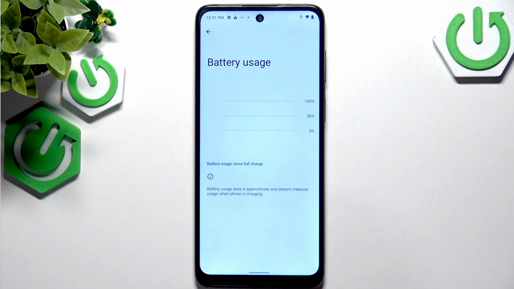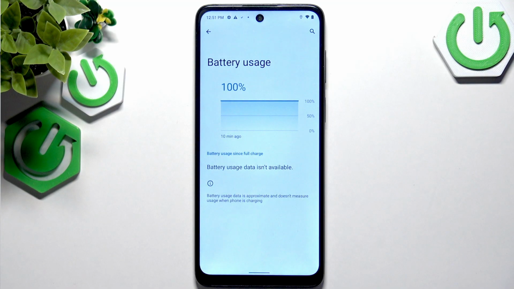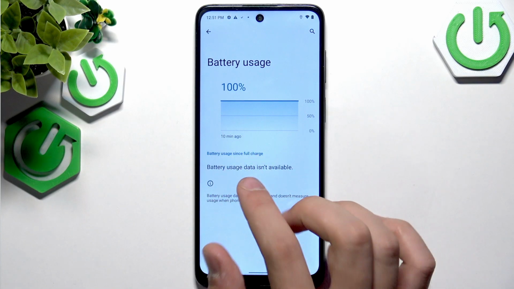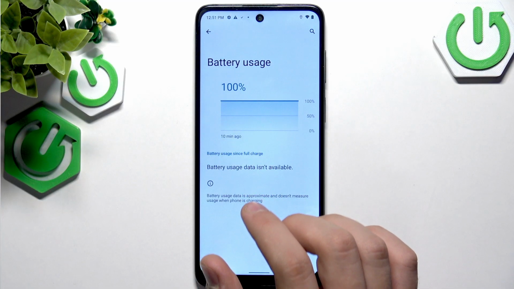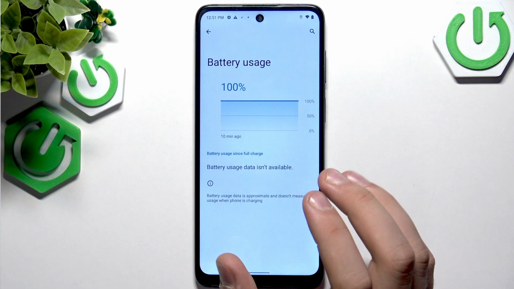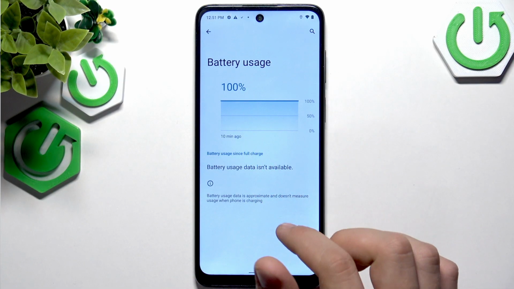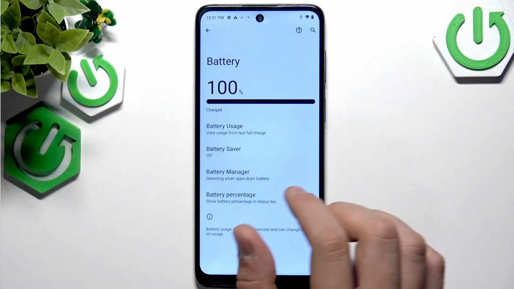As you can see, this phone is maybe not brand new, but after the setup, which means that we don't have any usage and any application. But here you should see applications that used your battery. You need to search for the highest one and disable background activity. How to do that? Go back